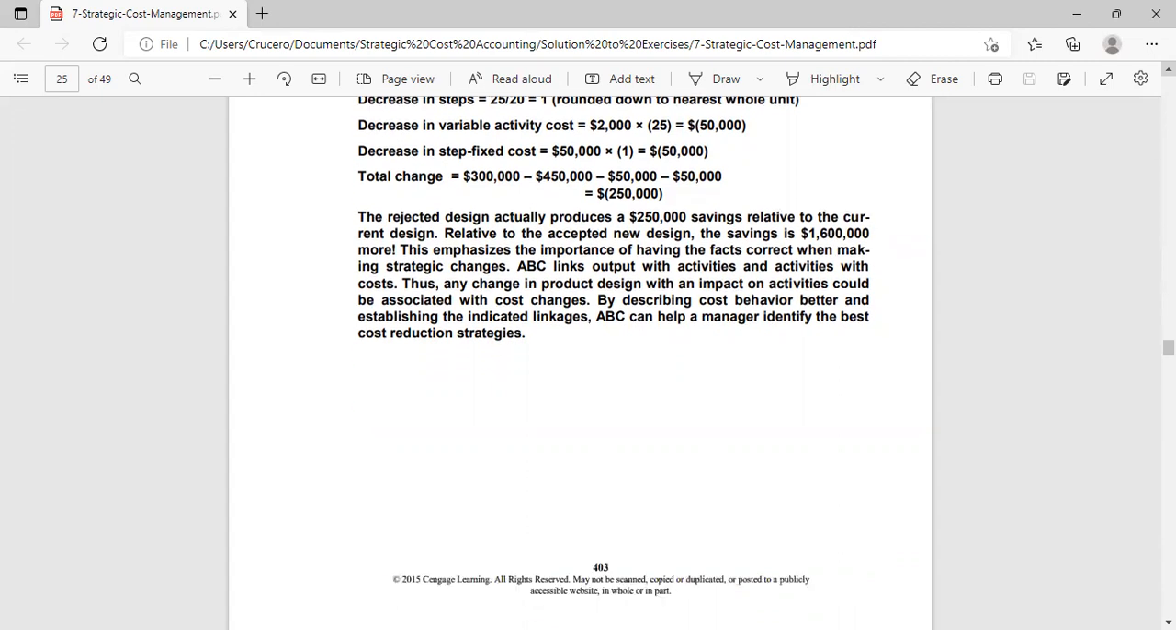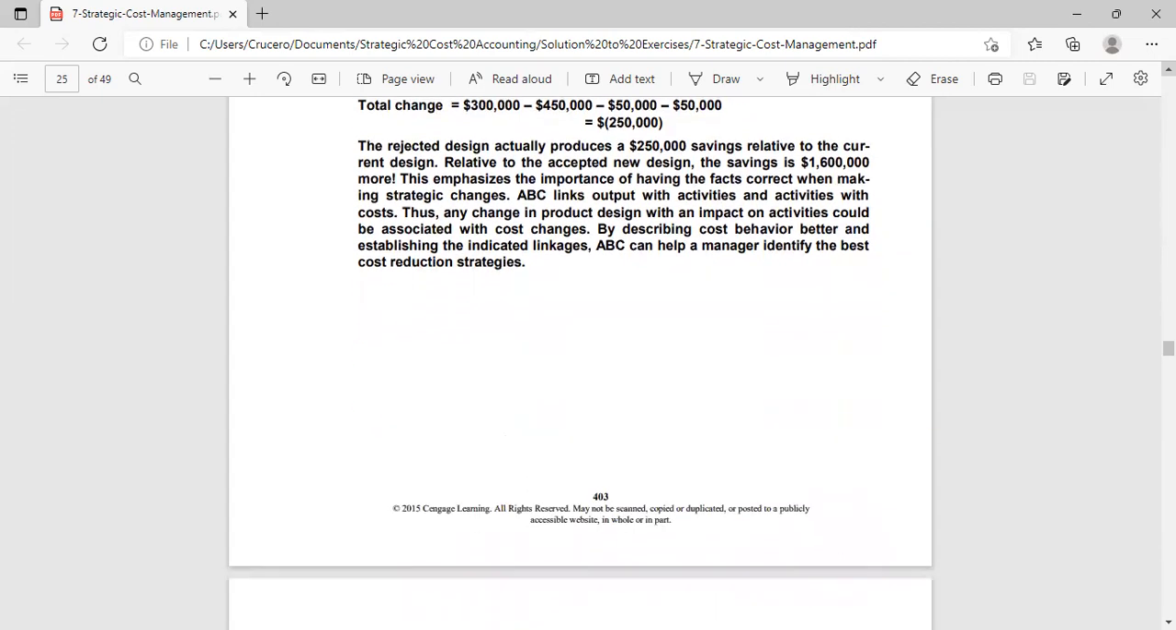ABC links output with activities and activities with cost. Thus, any change in product design with an impact on activities could be associated with cost changes. By describing cost behavior better,